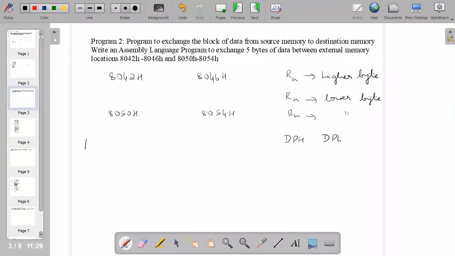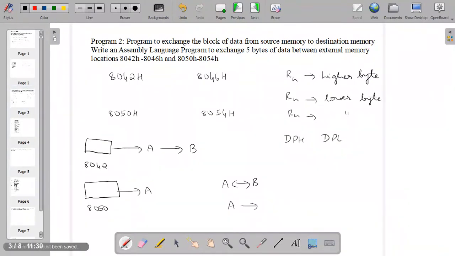So first we'll access the content of 8042 and move it to the accumulator and then to the register B, and then we'll access the content of 8050 and move it to A. Then we'll exchange the content of A and B. After that we'll move the content of A to 8050, and then we'll get the content of B to A and move the content of A to 8042.